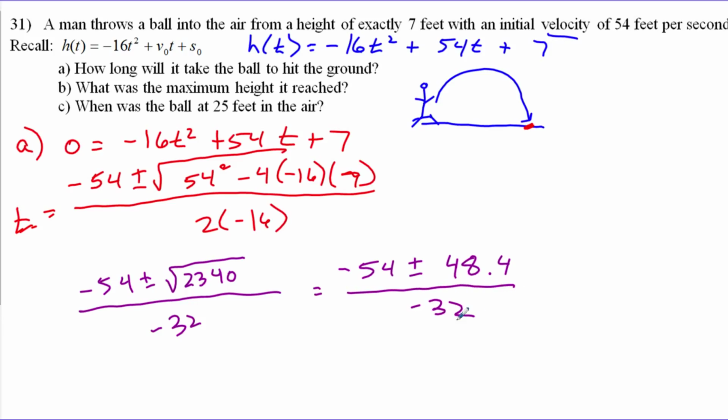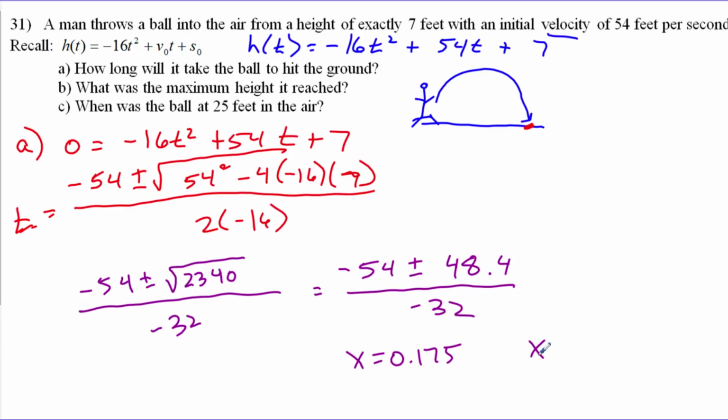And so I have two possibilities. I have to do negative 54 plus 48.4, which is negative 5.6, and then negative 5.6 divided by negative 32 is a positive 0.175. Okay, so I'm going to say x equals 0.175. My other possibility is that it's negative 54 minus 48.4. So let's do that. Negative 54 minus 48.4 is negative 102.4, and then I'm going to divide that by negative 32, and I'm going to get